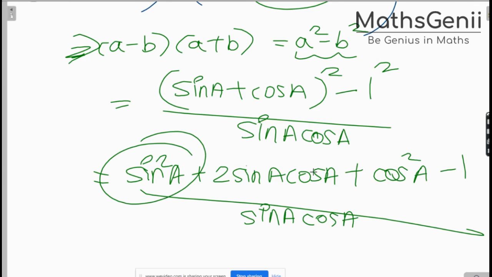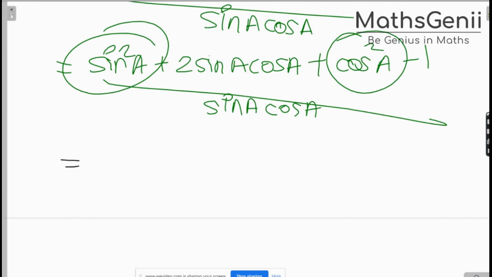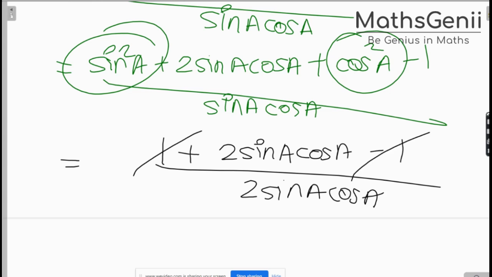Okay, one thing I know is sine square plus cos square is 1. Do I know this formula? In all the questions we have done it today. Sine square plus cos square is 1. 2 sine a cos a, minus 1 as it is. Plus 1 and minus 1 get cancelled. 2 gets cancelled. Sine gets cancelled. Cos gets cancelled. So what remains is